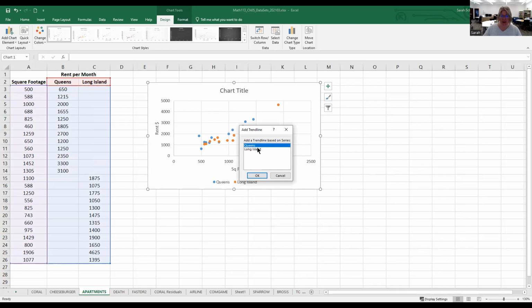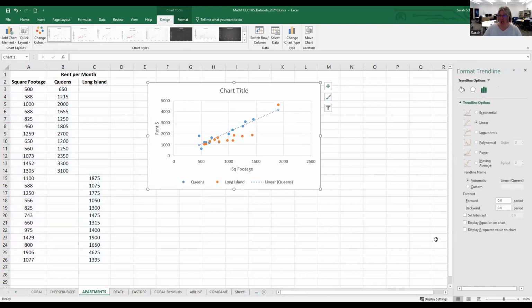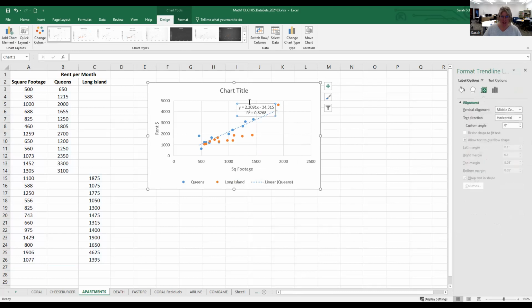So I'll do Queens first, and I'll say OK. And you'll notice it opens the panel so I can display the equation and the R squared. So Queens is this blue color. I'm going to move this closer to where the blue dots are. So I get an equation here of